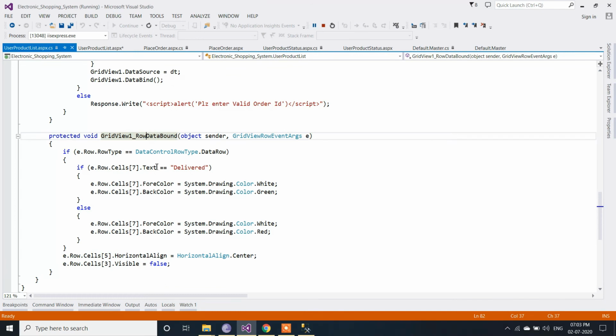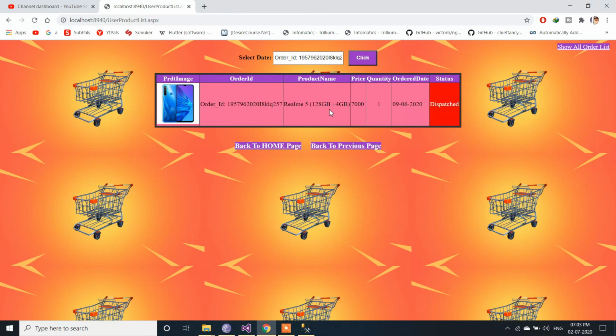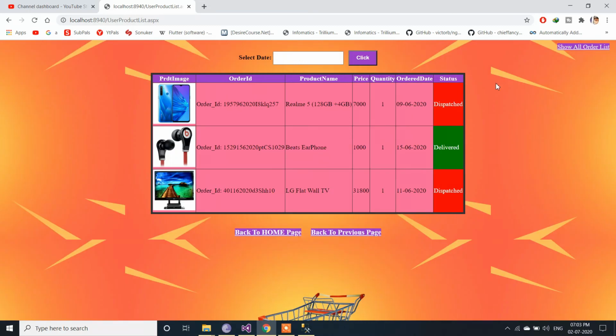For that purpose we have used it here. You can see the background color for this grid view I have given as pink. But for the status column, the background color has been changed. You can see here it is in red color, then green, and then red again.